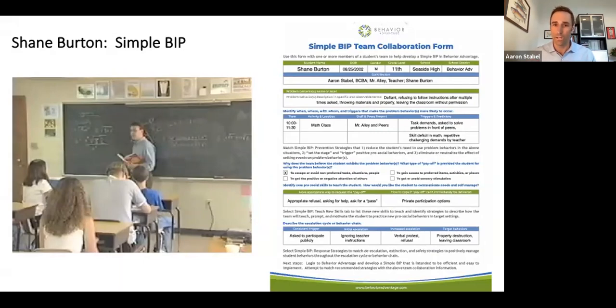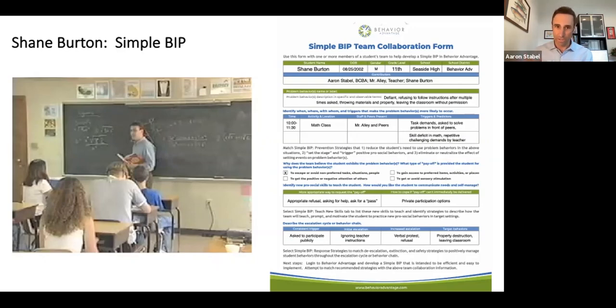They also noted that even though Lisa and Betty work with Shane, they don't have as many problems as Mr. Alley does, but they have some for sure. But they talked to Mr. Alley and kind of guided him through this BIP team collaboration form. And he really was able to look at how he interacts with Shane and identify, yeah, a lot of it is when I ask him to do work, it really upsets Shane when I ask him to solve problems in front of the class, but that's how I involve the whole class in direct instruction. So I would really want Shane to learn to be better at that.